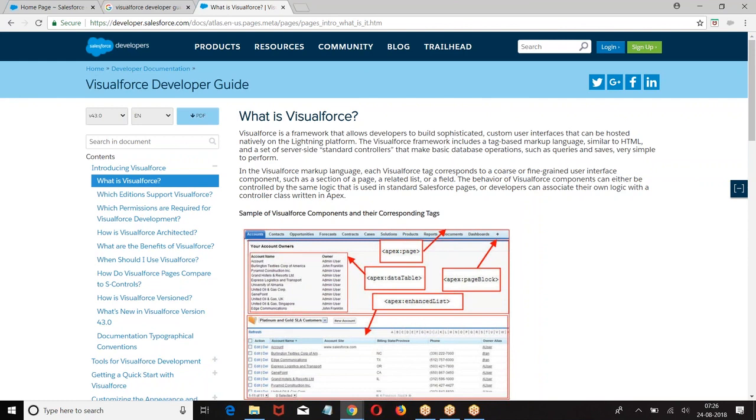If you want to build any custom pages, or override any one of the standard functionalities, then we are going to use Visual Force pages. Once again, I repeat, Visual Force is a framework that allows developers to build sophisticated pages on the Force.com platform.